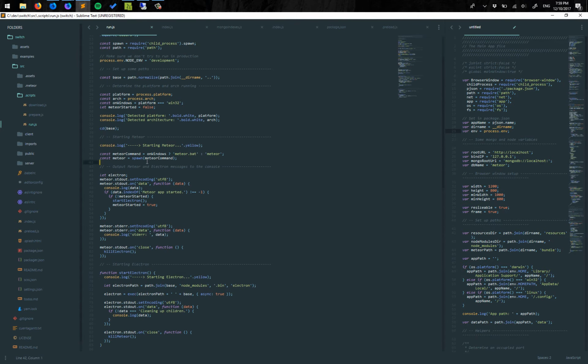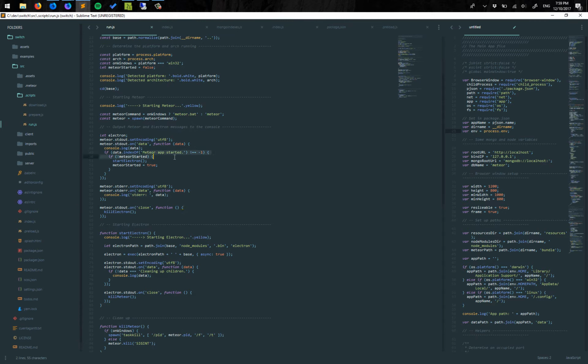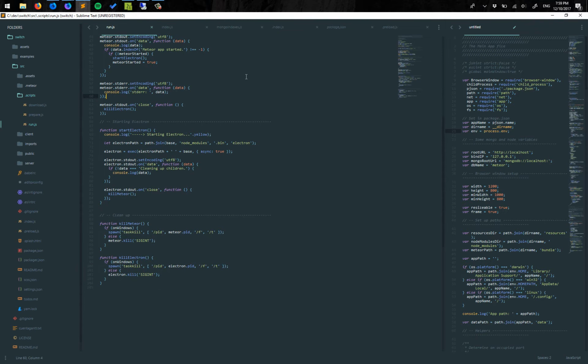So the main thing that's going on here is that Meteor is started first. Once Meteor has been started and the complete app has been started, then you can start the wrapper for Electron. The reason for that is that the client and the server need to be run first before you run the actual shell, because the shell is only the view layer for that, but the server and the database server, which is what's consuming most of the time in this operation, has to be run first. This is all there is for run.js,